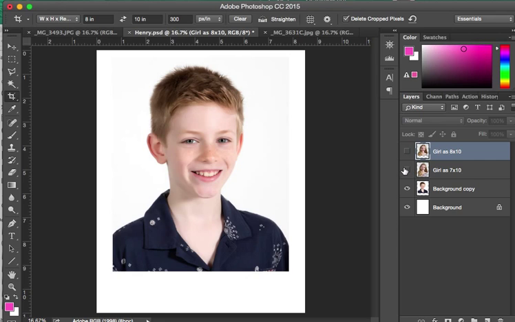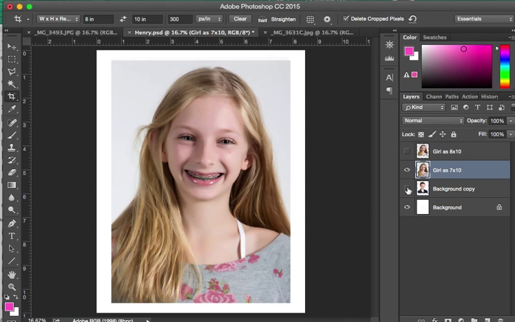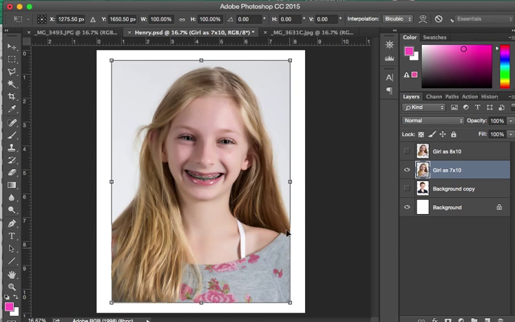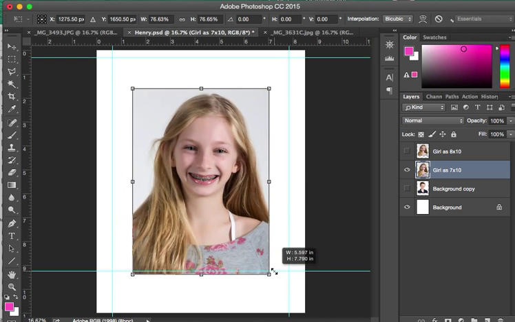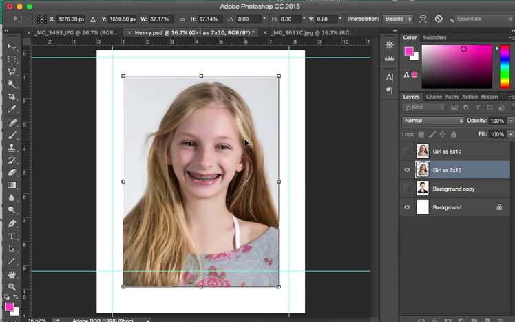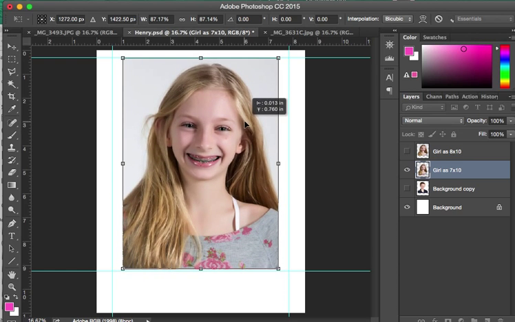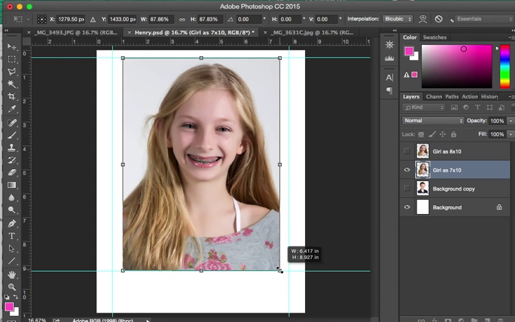Now we'll go to girl as 7 by 10 in case you want that. I don't think you will now though. Turn it on, turn off Henry. Command T, so it puts us into free transform. Command H, which shows us our guides. And Shift Option as I shrink it. And I'm going to make it fit the top guide and the bottom guide. Return to keep it,